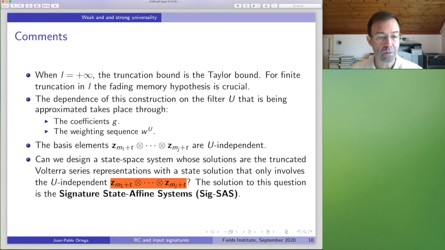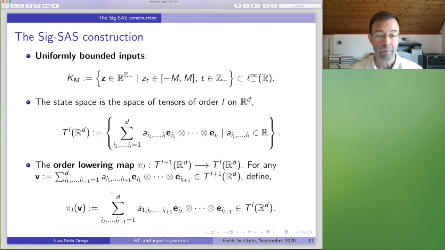So I remind you, the state affine systems are state equations in which the state at time t depends on the state at time t-1 via a polynomial equation, which is basically a polynomial on the inputs, but this polynomial has matrix coefficients. Okay, so we will see an example in a second. Now you have to bear with me for 5 minutes because we are going to explain this construction.